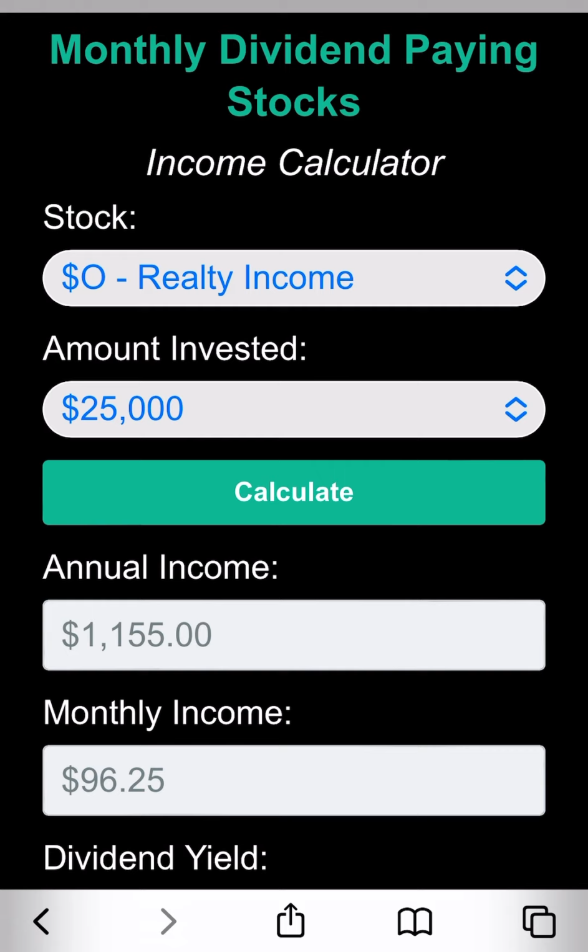And if it pays monthly, great. If not, just stack up those quarterly payments. You can get multiple different companies and they pay on different payment cycles. So you could still be getting monthly income from a couple different payers. I think,